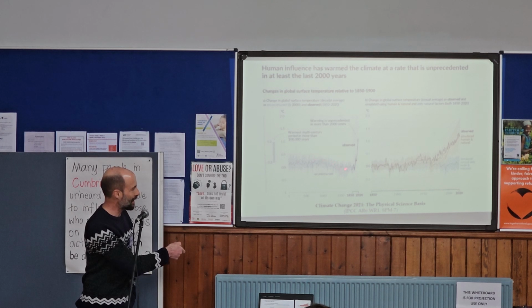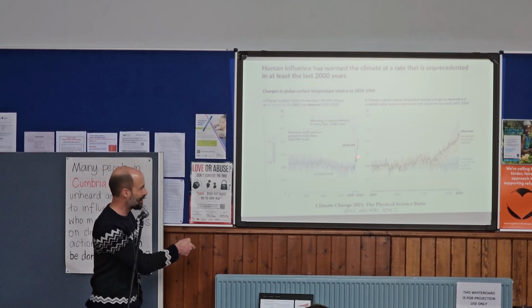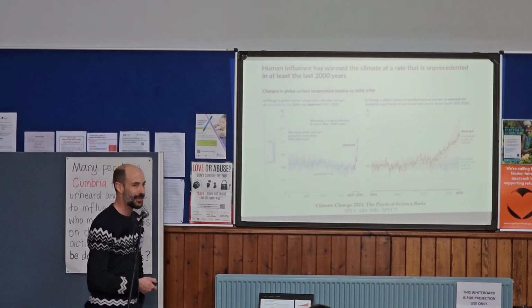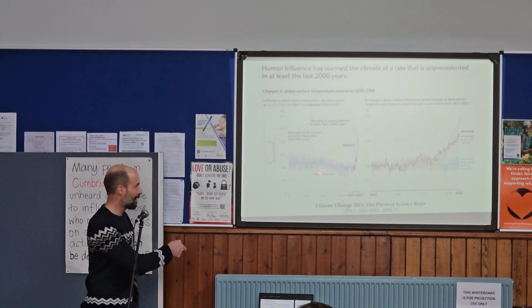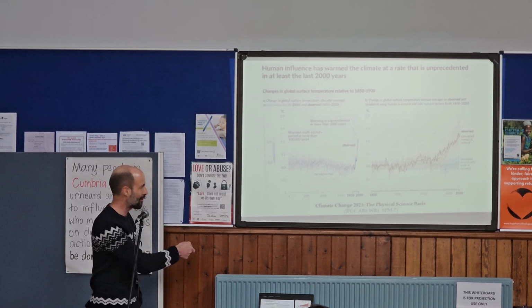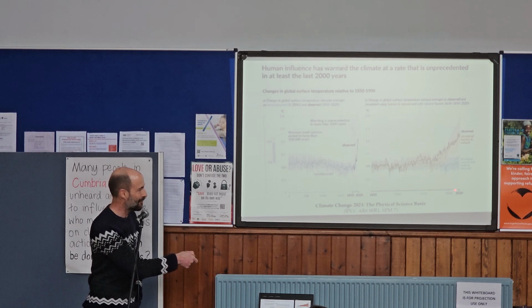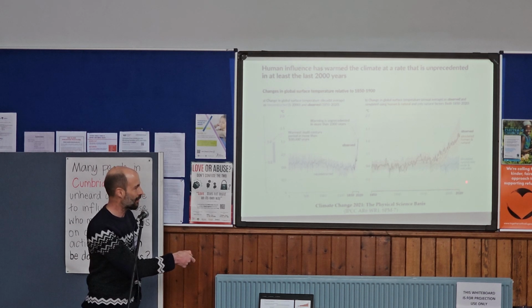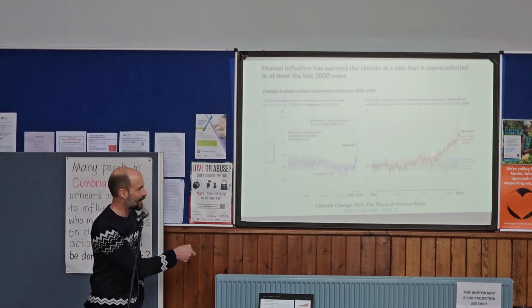Then it drops a bit. We go through what's known as the Little Ice Age, but then you can see this dramatic rise over the course of the last 150 years or so. This sort of pattern is known as the hockey stick graph that you might have heard of. And then on the right-hand side here, we're going from 1850 to 2020, up to the modern day. We can see this rise in temperatures.